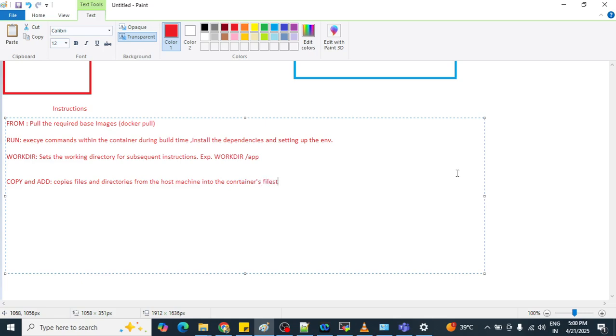Okay, I can give some example here also. Example,